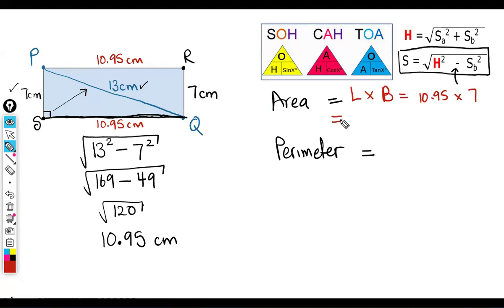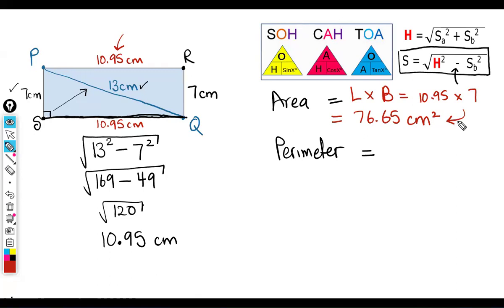10.95 by 7 is roughly 76.65 centimeters squared. Now, obviously, if you round this off differently, like if you round it off to 10.9 or 11, obviously your final answer is going to look slightly different